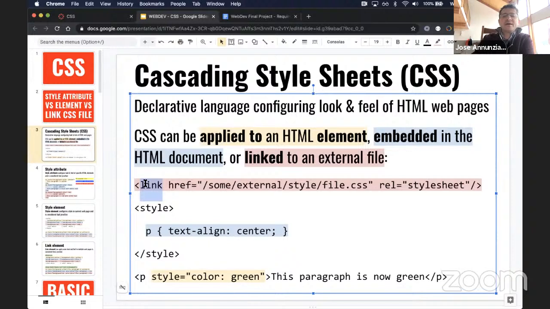Okay, so this is the good, right? This is the way you should do it. That's the best practice. You can also do it inside of the HTML document, but inside of the style tag, and you can provide any number of stylings. These are referred to as CSS rules that fire whenever these rules match anything in the